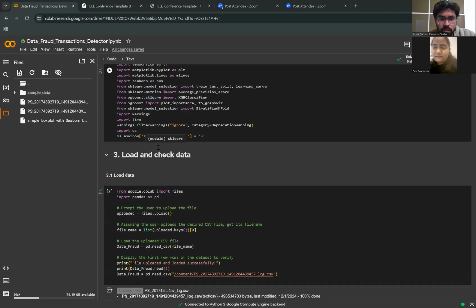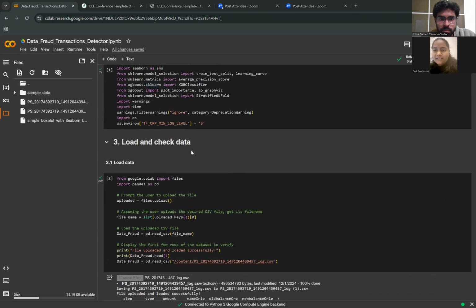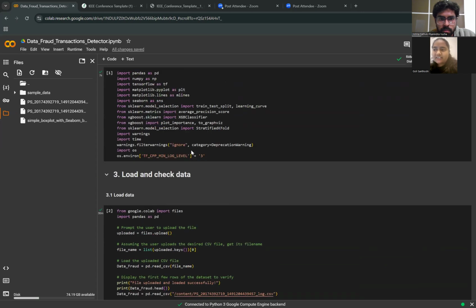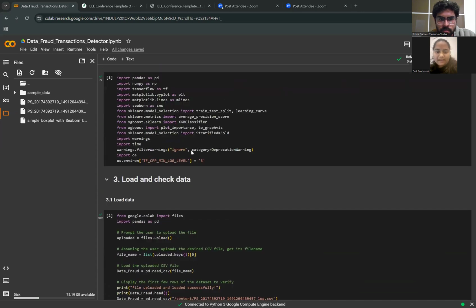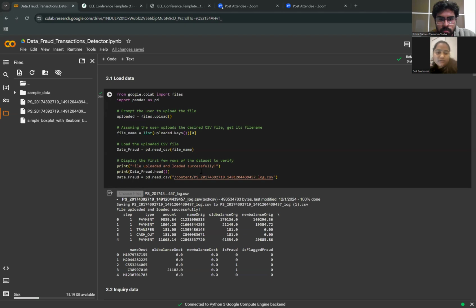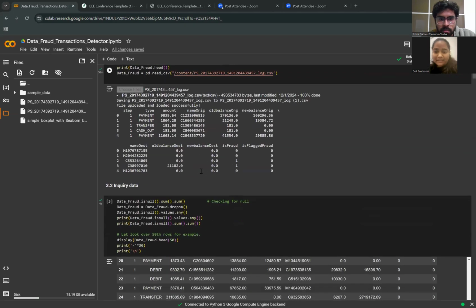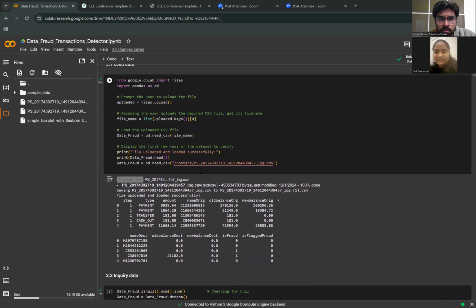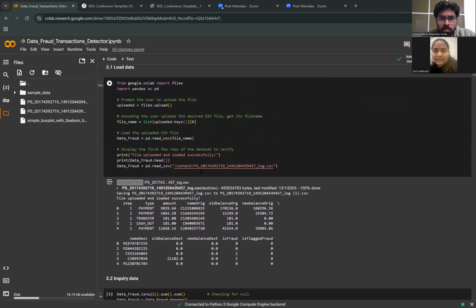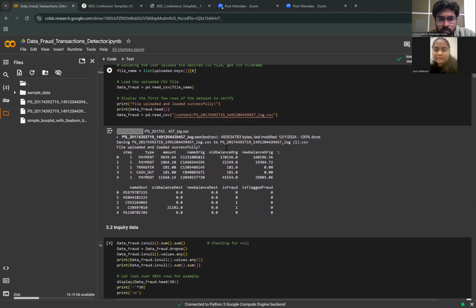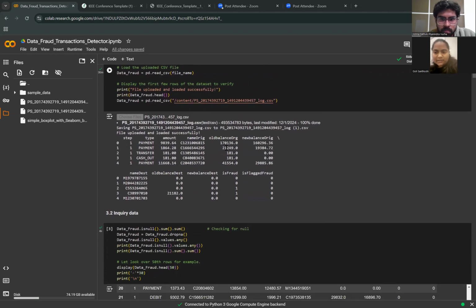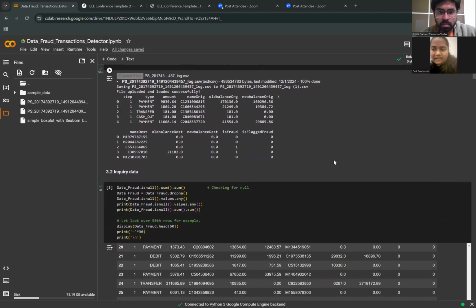details to identify fraud transactions based on features such as transaction type, amount, and balances. Here we use libraries called pandas and numpy for data manipulation, matplotlib and seaborn for visualization, and some other libraries from machine learning. Here there is a path to access the data, and here we checked all the null values